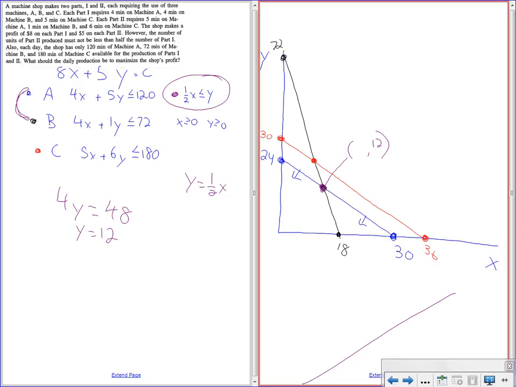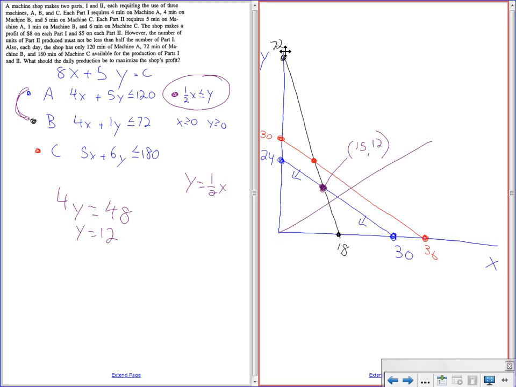I'm going to substitute back into the second equation. 72 minus 12 gives me 60. 60 divided by 4 is 15. Agreed? Right. So now what I'm trying to decide is